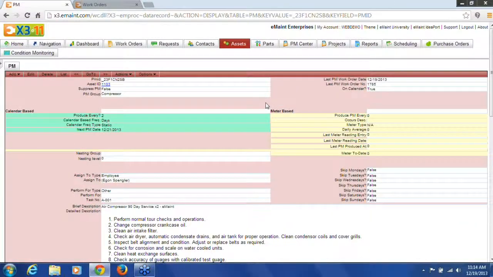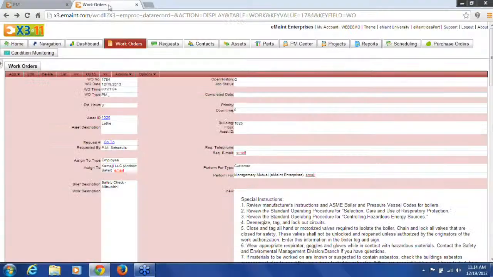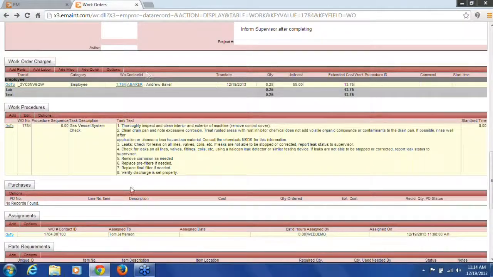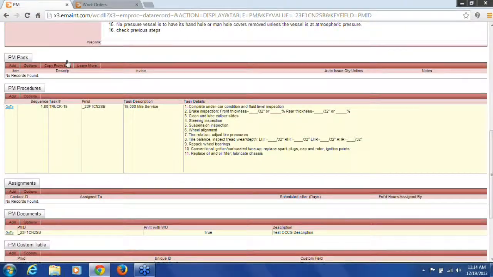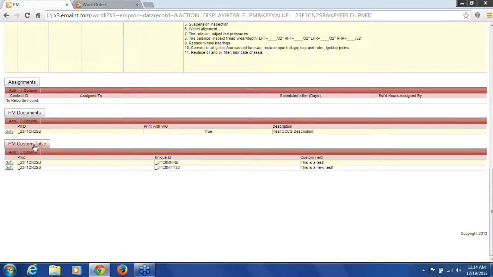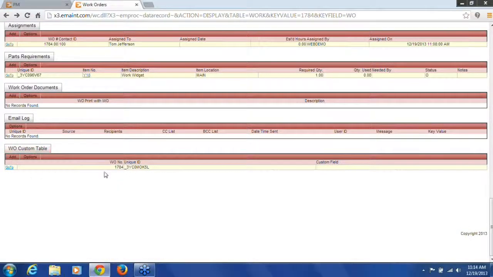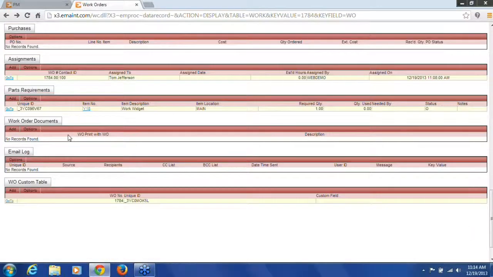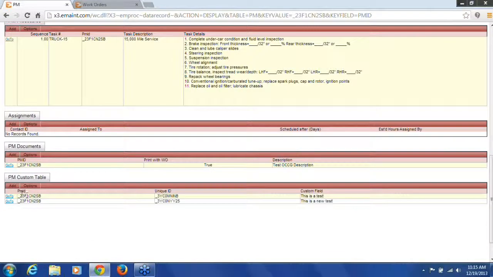So now the way that it's set up is that the PM and all its related tables will come over to all the work order tables that are here, that are related to it, including, like I said, custom tables. Here we've built a custom table on the PM side, and we've added a custom table on the work order side as well. Now, those are linked behind the scenes. Once again, something that we can actually configure for you. But now, when we do generate this, we should see all tables, including the custom table and all its fields,